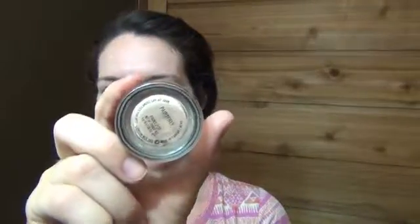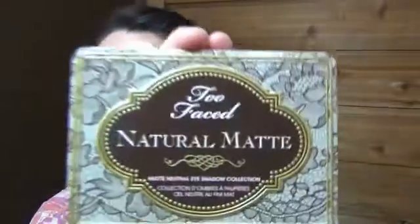Sorry if it is. Next I'm going to go in with the Painterly paint pot from MAC, one of my favorite paint pots, and I'm just going to put that all over my lids to prime for my eyeshadow. Today I'm going to be using my Too Faced Natural Matte Palette. This is one of my all-time favorite...